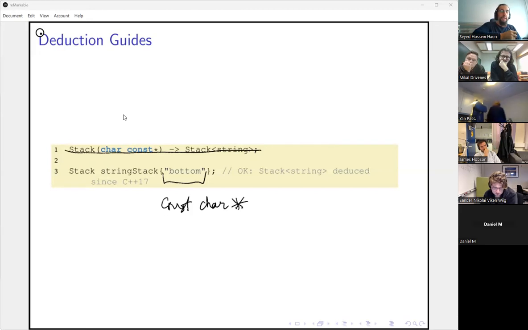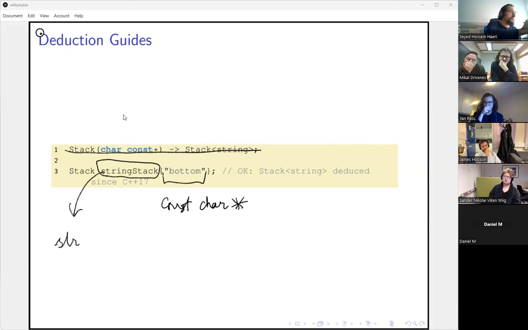If we want the compiler, in the case of line 3, to deduce the type of string stack to be stack of strings,